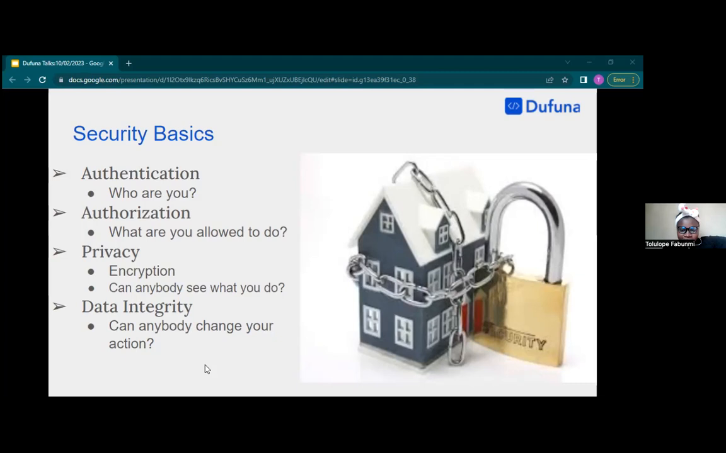Like the example of the Google document I mentioned, when we said that you have the viewer option, the commenter option, you have the editor option. Now, can anybody change your action? By the permission you have given, can anybody change the action? And that leads us to, this is a house, and you can see it has different security patterns, different security